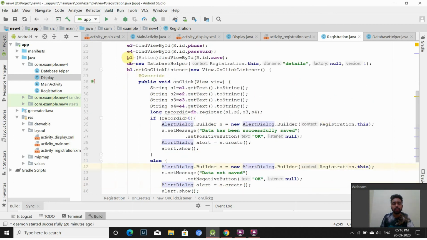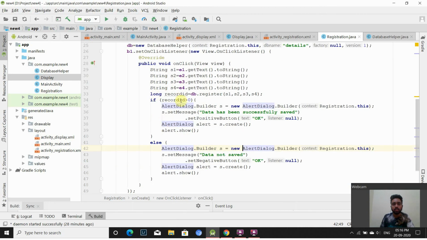That means when the user clicks save, this particular thing will happen. So we are taking e1, e2, e3 and e4, the values stored in them, and putting them into other strings s1, s2, s3 and s4.